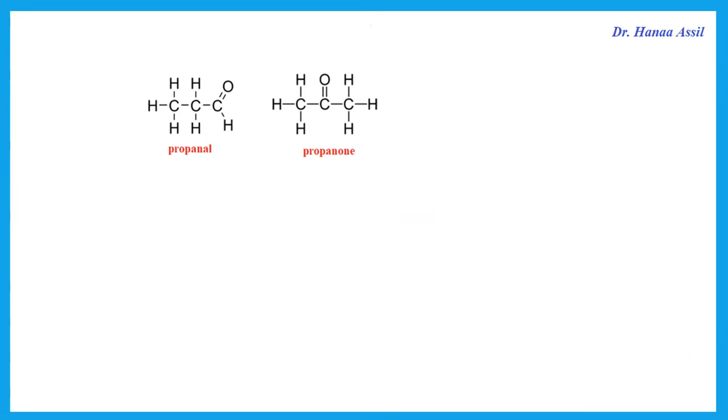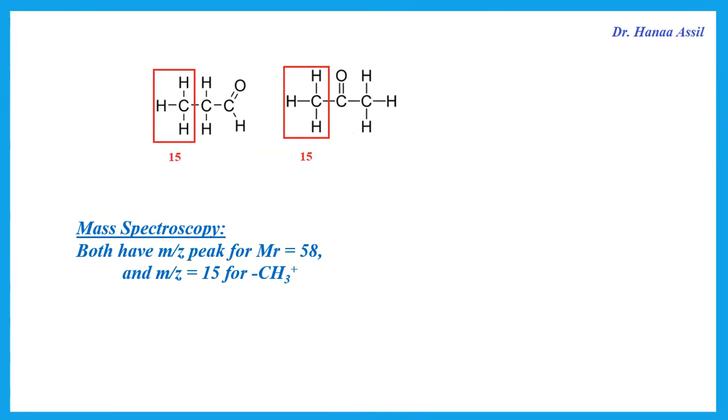Now we still need to talk about the mass spectrometry. So what is the similarity or the difference, both actually, of propanal and propanone? Remember that you need to calculate the Mr of each. Now the Mr of both is 58, and both of them have a methyl group that will give a peak at M over Z 15 for the fragment of CH3+,